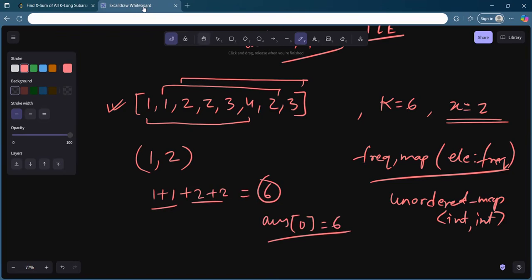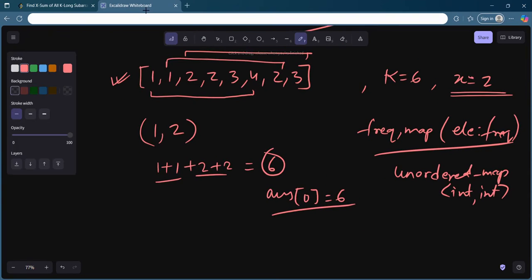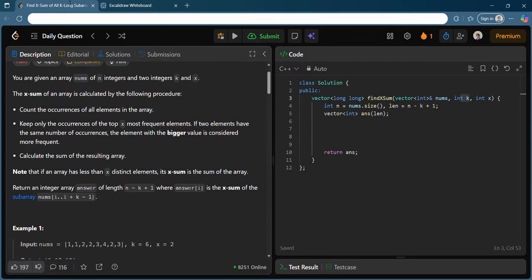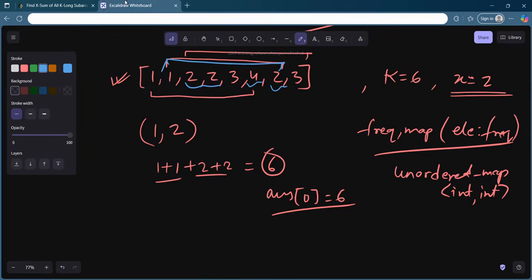Okay, so that's how. And if you move to the next window, you are basically using a sliding window, right? So if you move to this window, the most occurring element is 2, because it occurs 3 times, and the second most occurring element is 4. Why did I select 4? Because in the question it was told that if two elements have the same occurrences,